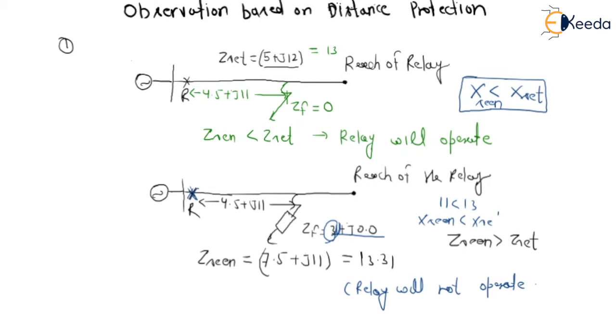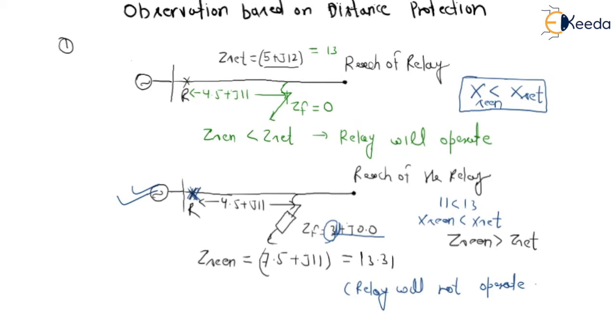So in the second diagram we can see clearly that if we use the impedance relay here, it will malfunction. But when we replace it with a reactance relay, the relay will operate when the fault is under the reach and will not operate when it is outside the reach of the relay. So this is the first observation, why we use reactance relay instead of impedance relay. I hope you understand. Now we are going to see the second observation, that is why we use Mho relay in case of long transmission line or where power swing occurs.